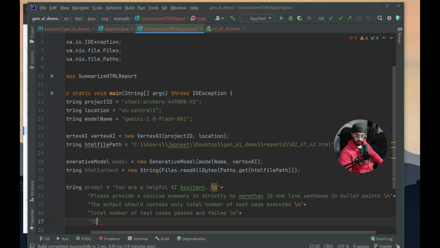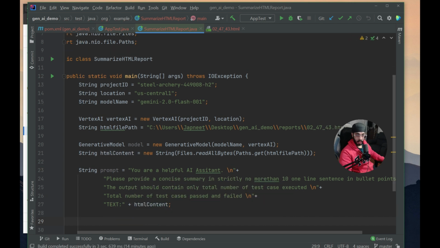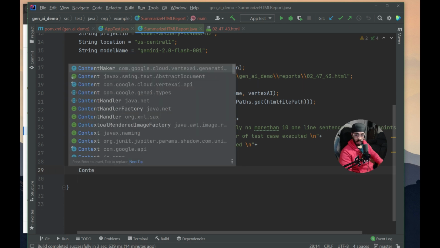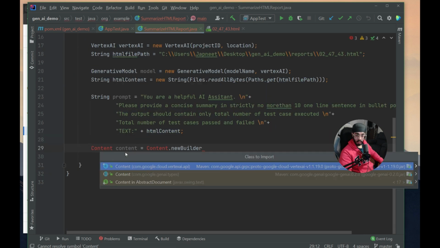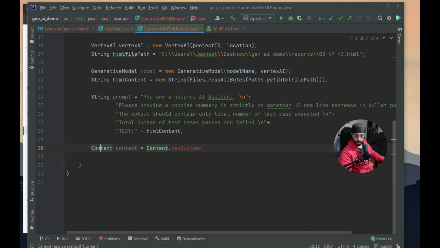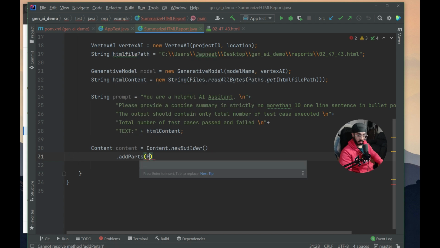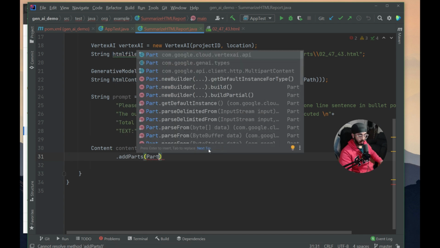Okay, and text is in the form of HTML content. Let's just close this for now, and let's create and finally send our content to the Gen AI model. So we need to have a content type, import it from Vertex API, and then dot new builder, and then we need to add our parts. Okay, so one by one we will be adding the parts. So you can see the parts option with the new builder,